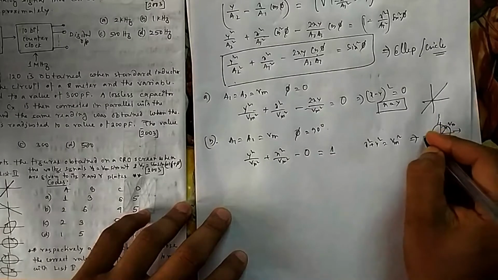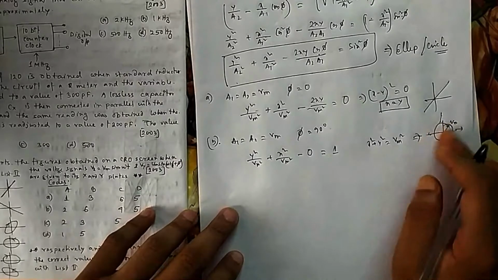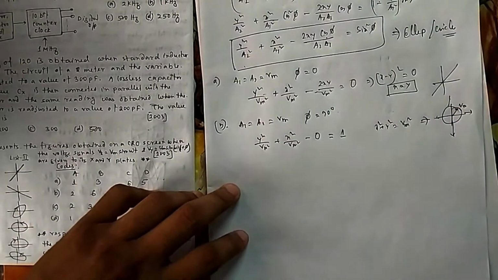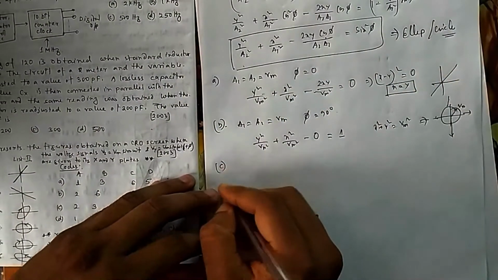So mathematically, if you do, you can dig a little bit, you can go a little deeper also. Now is it clockwise or anti-clockwise? How do you know? You don't know that one. For that you need to do something, so that I will show you. Now you can do it for C also, you can do it for D also.